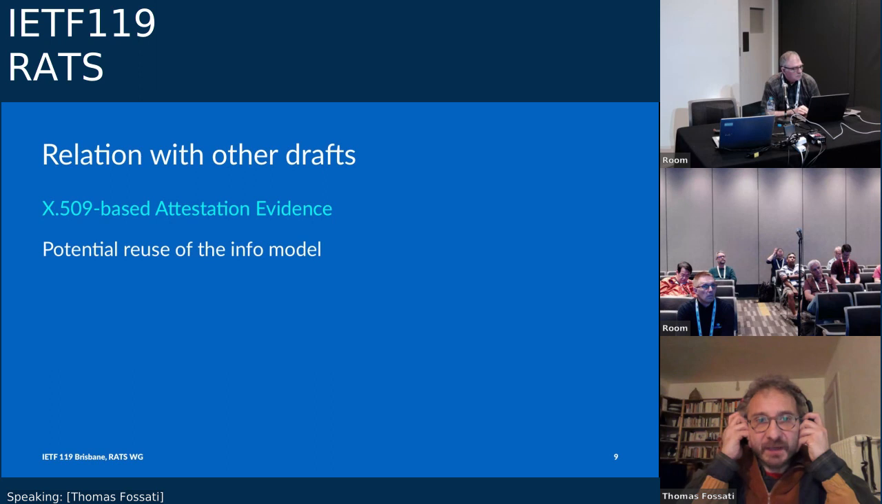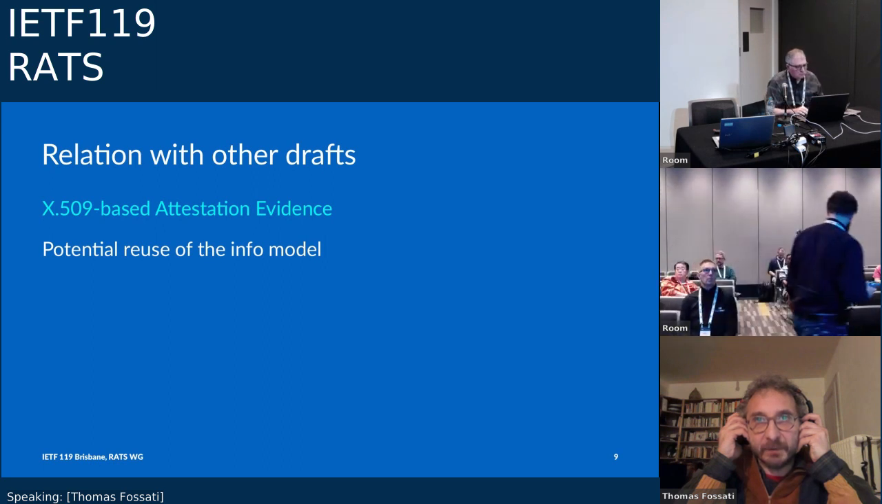And the relation with other drafts: Mike was mentioning before the X509 based attestation evidence draft that they have. Initially they were suggesting to reuse the PSA software components. So maybe they could look at the info model to see whether that is a sufficient basis to construct one serialization. I would like to hear from Mike about that. And we think this is generally reusable, in any case, even outside the EAT spec and the specifics of the measurements